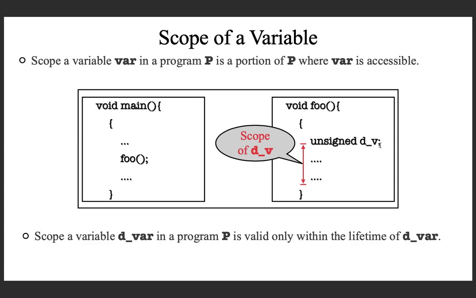Okay. So these are the two important facts about a variable that we are discussing in this lecture. So lifetime and scope, these are two different aspects. Lifetime means the period of time a variable is live during the execution. In the example, we saw that for a variable which is declared or defined within a function, the lifetime starts at the moment when that function is called for execution.